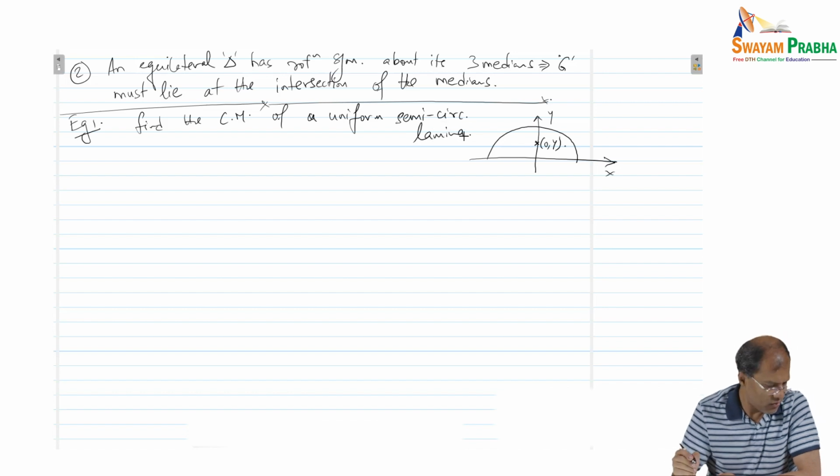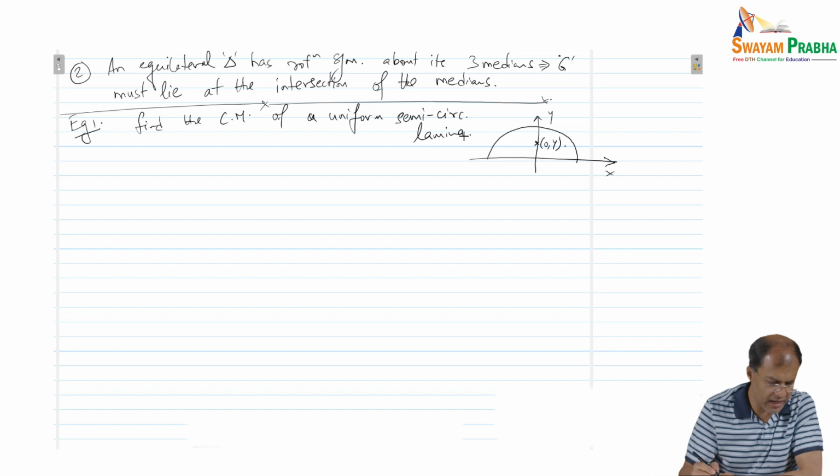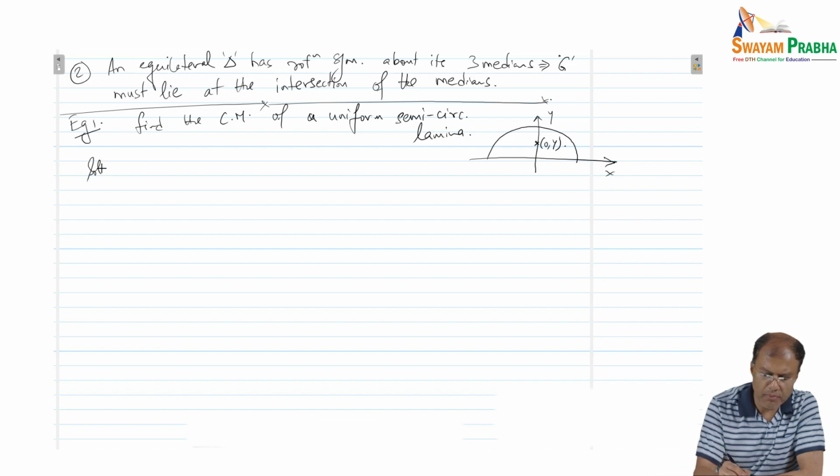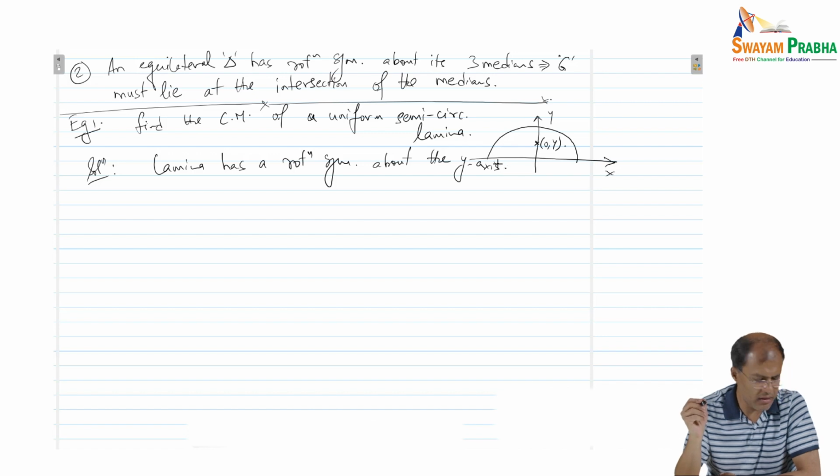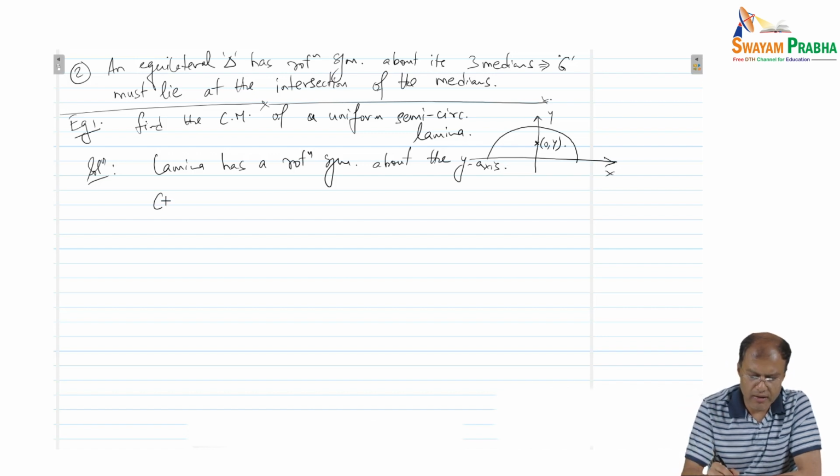So center of mass of a uniform semicircular lamina, and the problem says that the lamina has a rotational symmetry about the y-axis, right? It has a symmetry about the y-axis, and the center of mass is, in this case, of course,